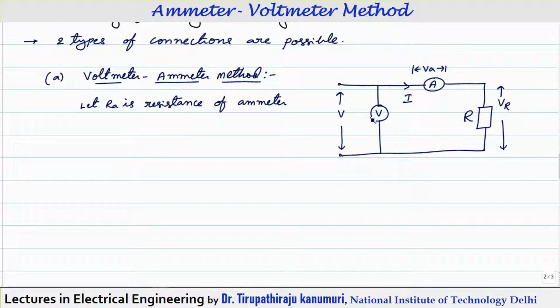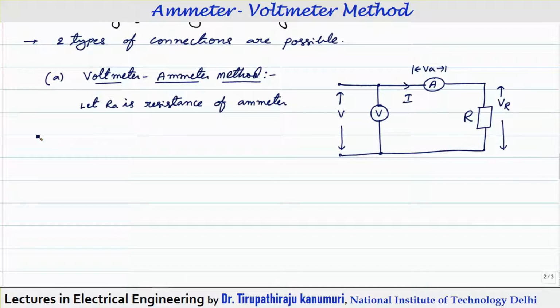You can see here this voltmeter measures the voltage drop across these two terminals. Agree with me? So what is the voltage measured by this voltmeter? The voltage measured by the voltmeter will be the voltage drop across this resistor, that is VR, plus the voltage drop across the ammeter. Because the ammeter resistance is not 0, it has a resistance of Ra. The current I multiplied by Ra gives the voltage drop across this ammeter. So both will be measured by this voltmeter.